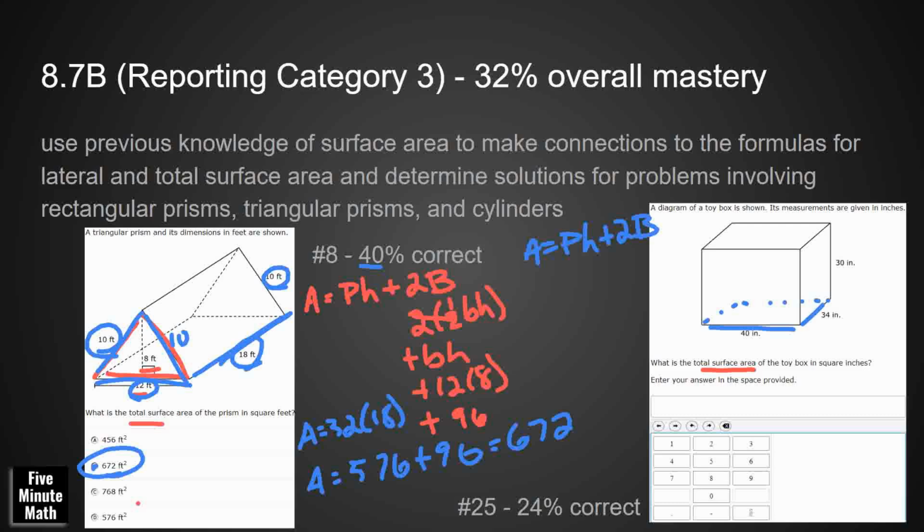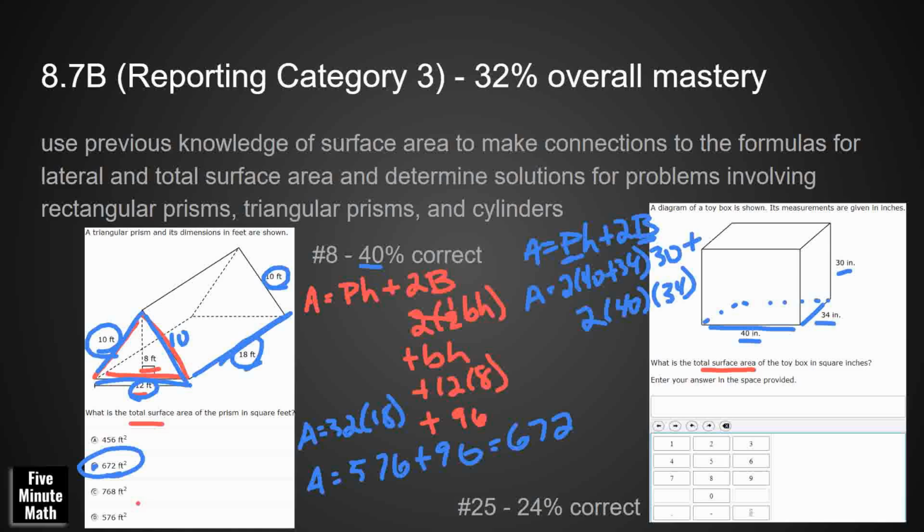All right, so what is our perimeter of this base going to be? Well, the perimeter is going to be 40 plus 40 plus 34 plus 34. So let's double the 40 plus 34. So that's going to give me my perimeter. My height is going to be my 30. And then we need to double the area of the base. So that's going to be 40 times 34. And that's the tricky part with this, we're getting perimeter here, we're getting area, because it just says the big B. We need to know that that's going to be